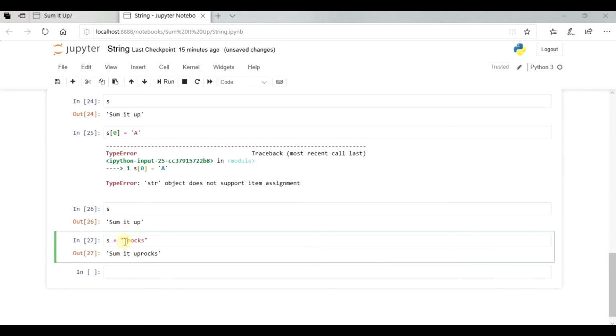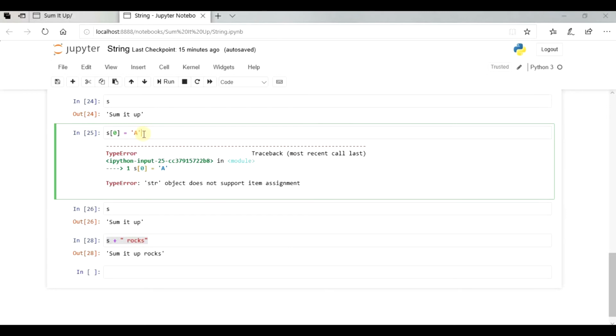Let me put a space here: "sum it up rocks". So this concatenation is possible, but we cannot assign a new value to whatever was present already inside a string. So this is the immutability property of a string.